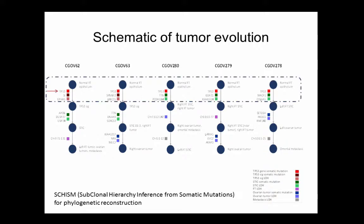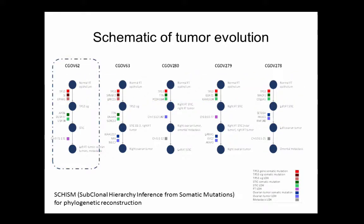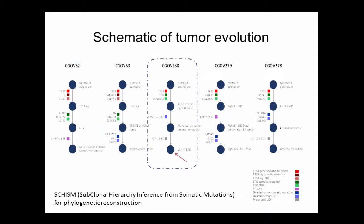One is that in all cases we see a mutation in p53, as I mentioned. So this is the truncal primary event that's obligatory in this cancer subtype. We find that most of them progress in this linear fashion, away from the fallopian tube and out towards the peritoneal cavity. But there's one example which I think is worth briefly mentioning here, which is that in this case,